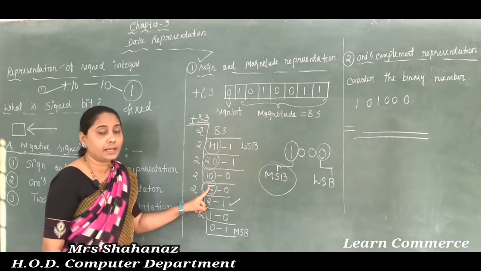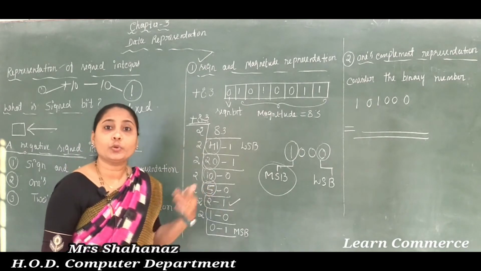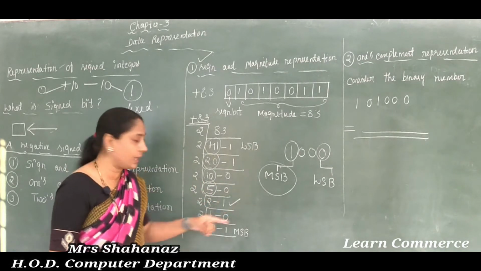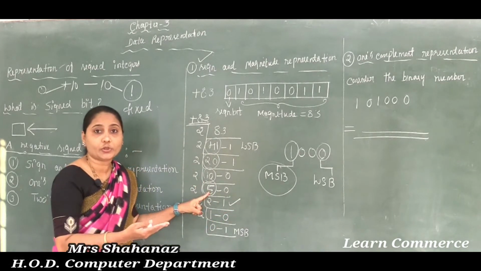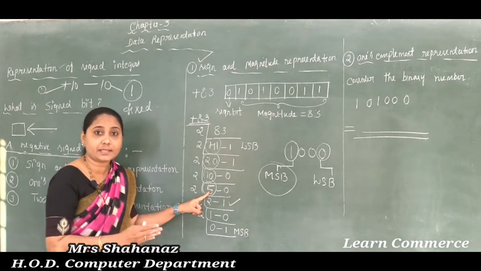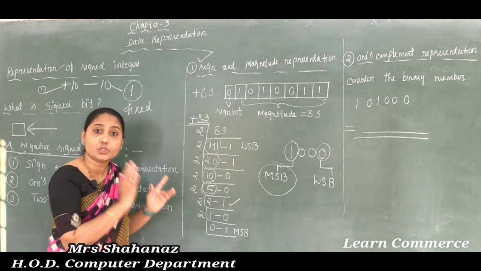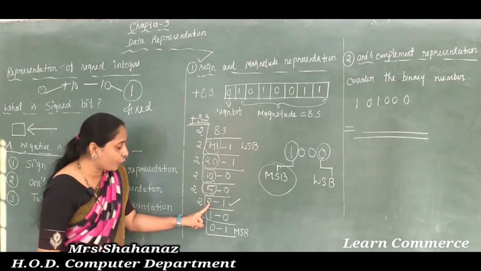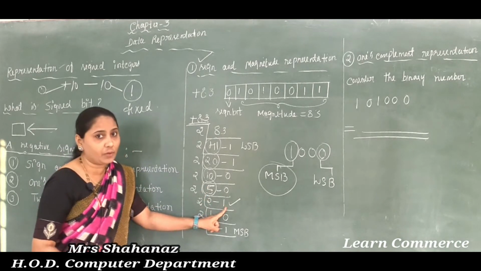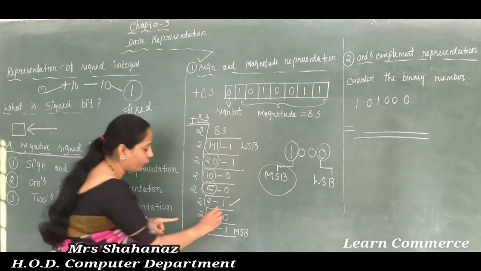But we know that 2 1s are 2, 2 2s are 4, 2 3s are 6. So that value is more. When you take the number 3, it would be too large, so it divides only by using 2. So 2 2s are 4, and the actual remaining value is 1.